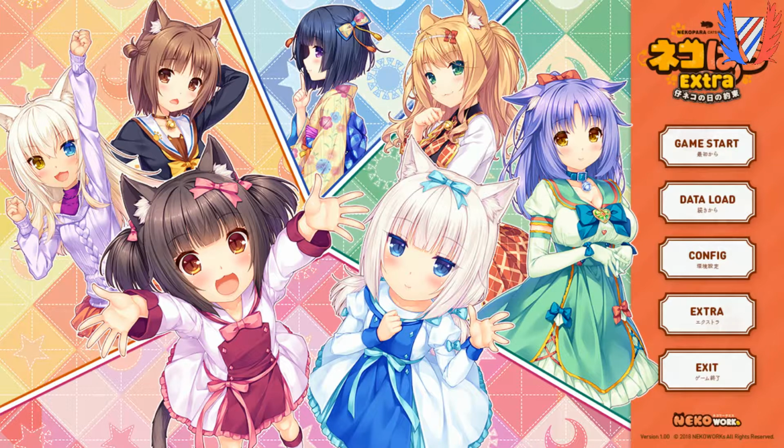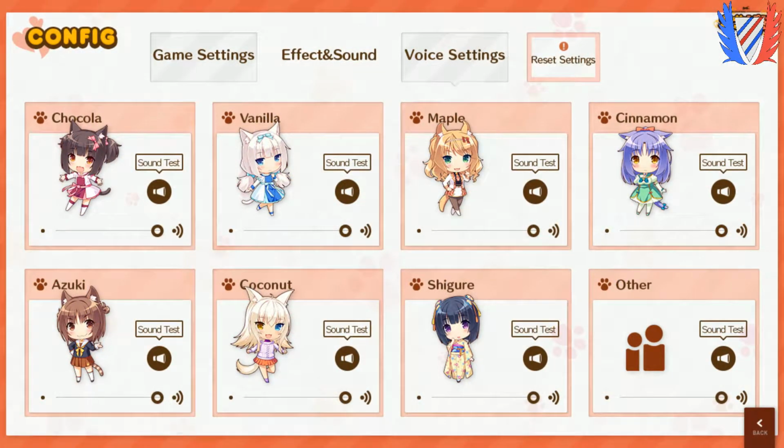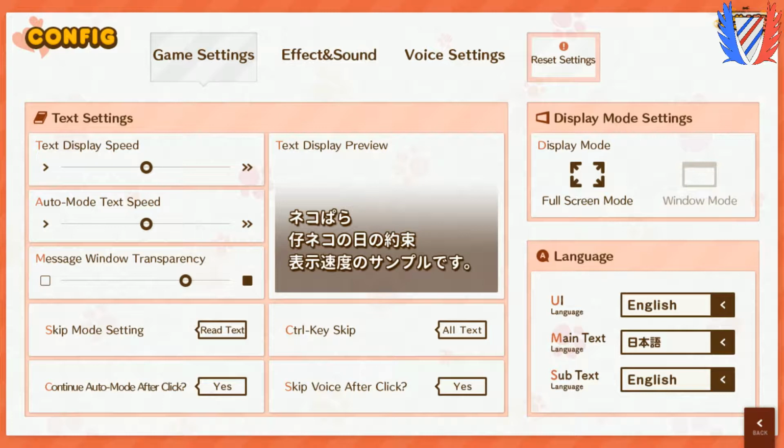So first, as always, let's have a look at the config to see what's available, and if anything has changed from volume 1, which I covered last. It's the game settings. So yeah, let's go into settings. Okay, we've got pretty much the usual. We've got text display, auto mode text, window transparency, skip mode settings, constraint, control skip. You can do that. Skip voice after click, yes, no. Full screen, windowed, UI in English,